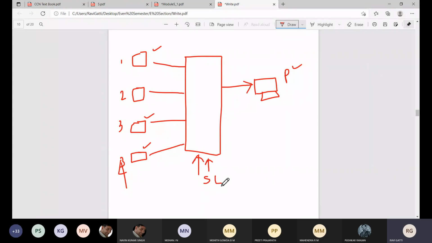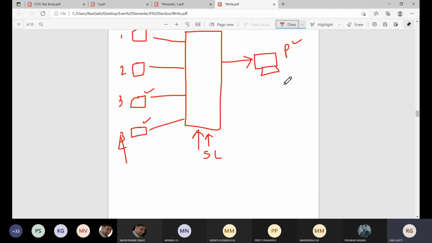These controlling signals we are going to call select lines. So with the use of these select lines, I can select any one of the devices so that I will get the output and I can access the printer. One application of this multiplexer, we can see in one of the simple fundamentals,